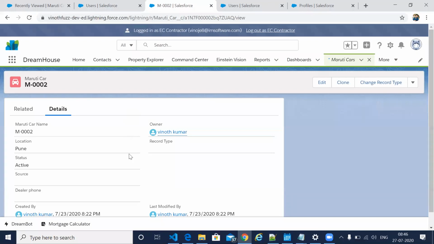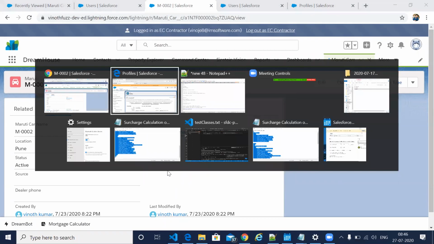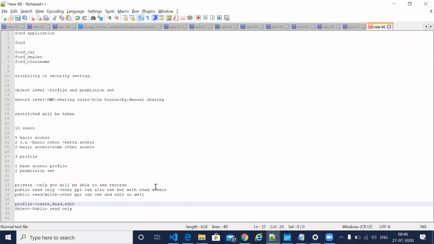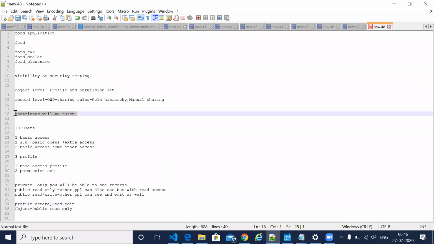Still, I'm not able to edit this particular record because, as I said before, when you have these two things, whichever is more restricted will be taken, comparing object level and record level. This is the most important question in interviews also.